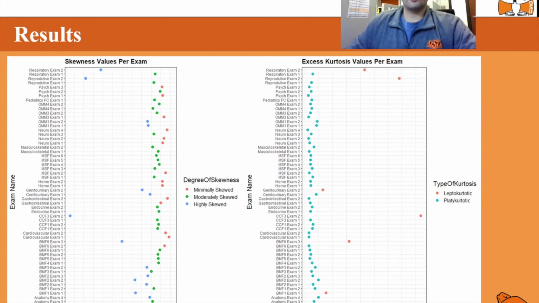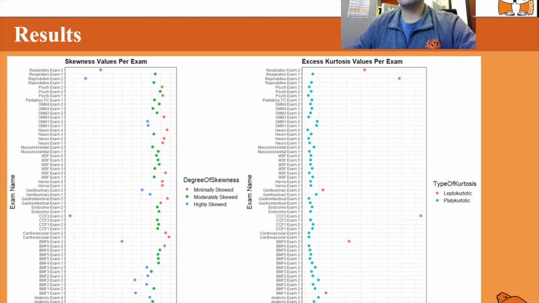With kurtosis, we take the excess kurtosis, which is kurtosis minus 3, which tells you how peaked or flat a curve is. A normal curve would have an excess kurtosis of 0, because its kurtosis is 3, so 3 minus 3 is 0. If you have a positive value, that indicates a leptokurtotic curve, which means that the curve is centrally peaked. A negative value would mean that the curve is platykurtotic, or centrally flattened. And again, a normal curve would be mesokurtotic.